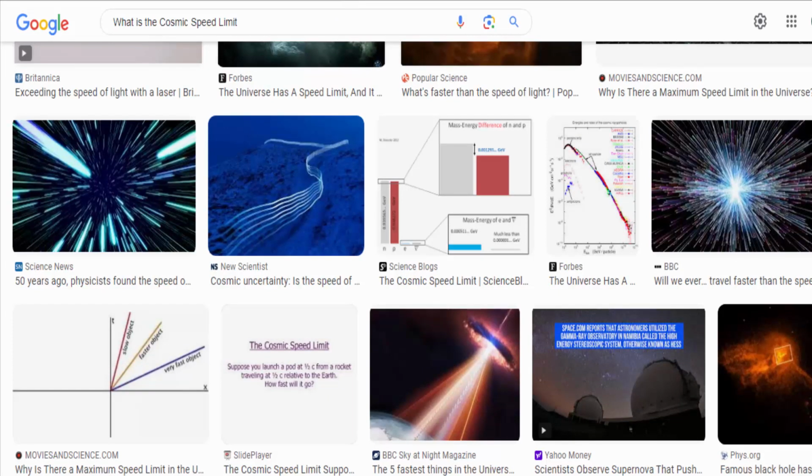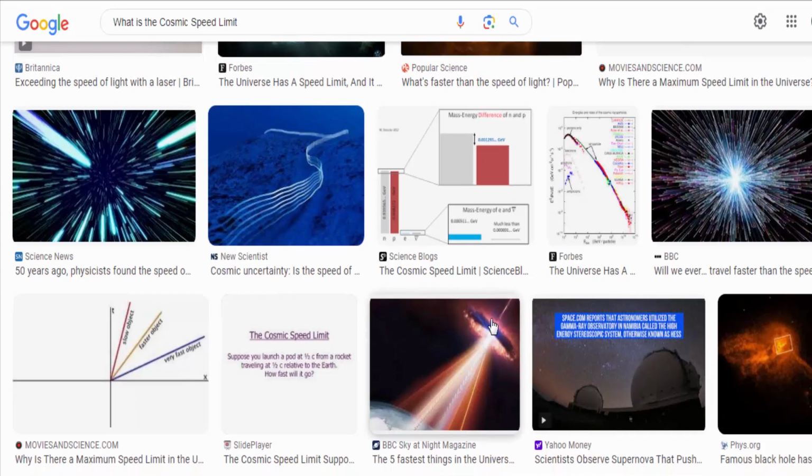The cosmic speed limit applies not only to physical objects but also to information transfer. No information can be transmitted faster than the speed of light. This concept is crucial for our understanding of causality, as it ensures that cause and effect relationships occur in a consistent and orderly manner. It's important to note that the cosmic speed limit refers to the speed of light in